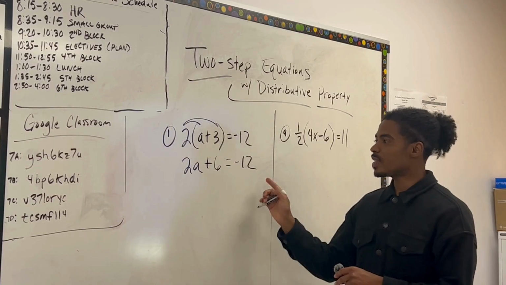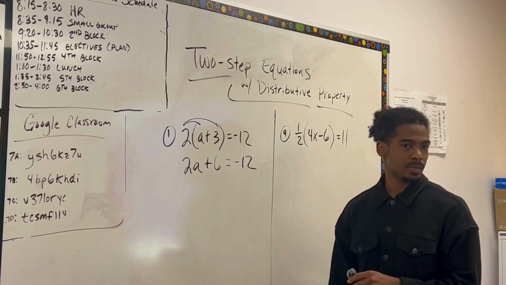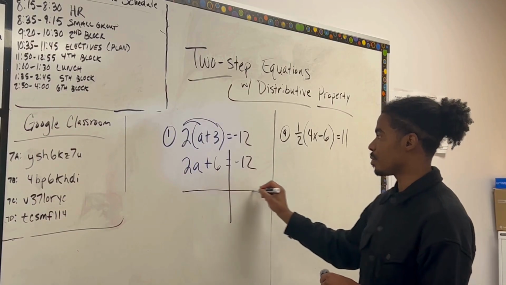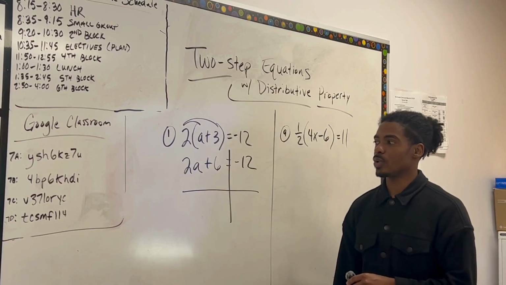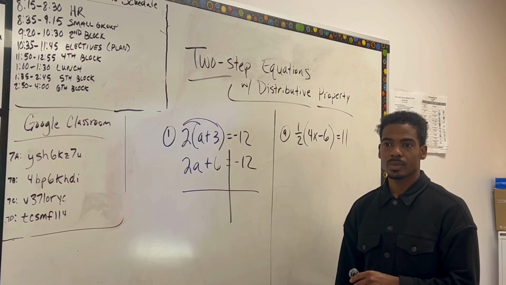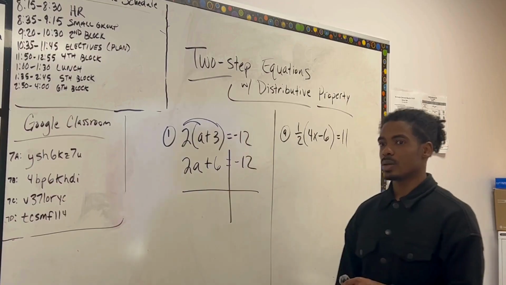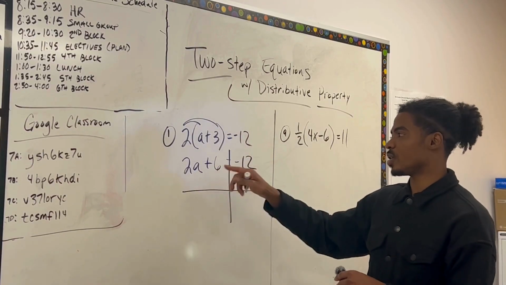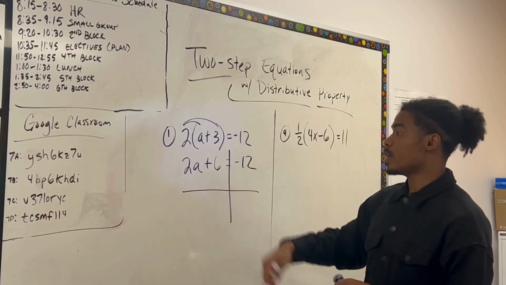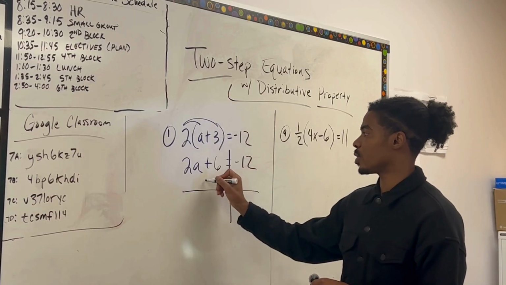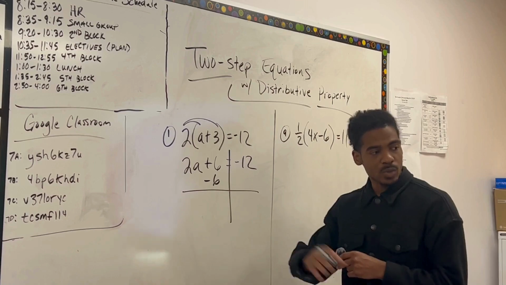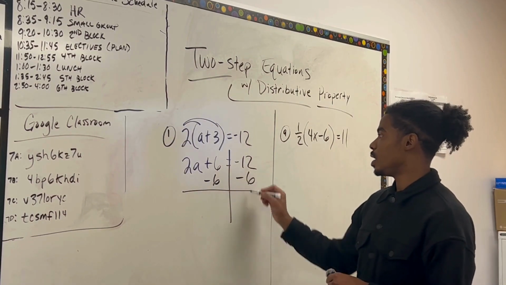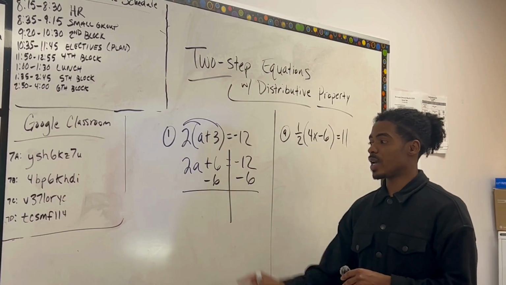Can anything else be simplified or combined? Nothing else can. So let's go ahead and make our four-way stop. What's the first thing we want to do? Good. So we want to get a by itself, but what's in the way? This extra number. So a positive 6, if you want to get rid of it, we're going to subtract 6. What I do to one side of the equals, you want to do to the other one. So now we can bring down that 2a